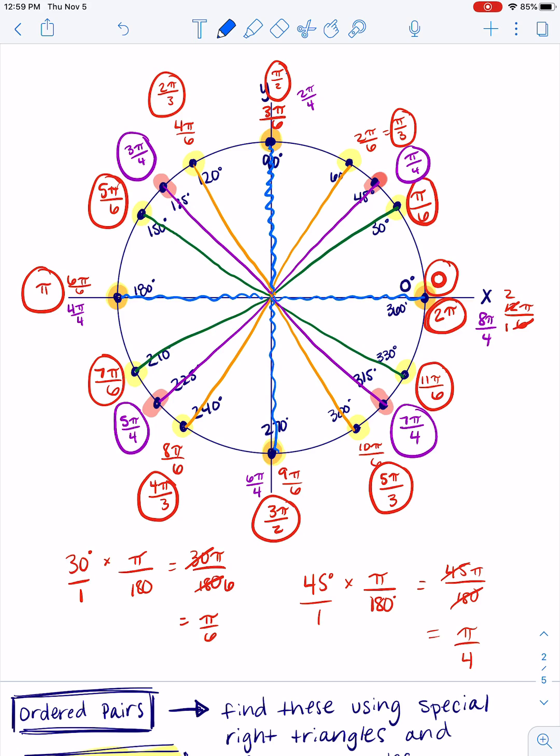So there's lots of multiples within this. I know that kind of looks confusing, but hopefully you can see the point is that every time we do one of these, they're all multiples of each other, okay? So we just did multiples of 30 degrees from our radian measure, and then we reduced them all the way around. Then we did multiples of 45 degrees and reduced them if possible, okay? All right, and then we will move on to ordered